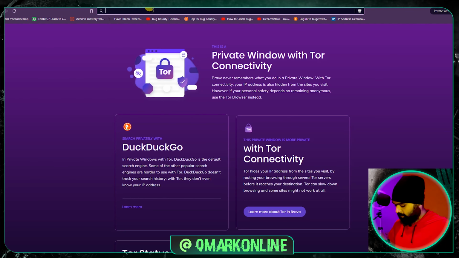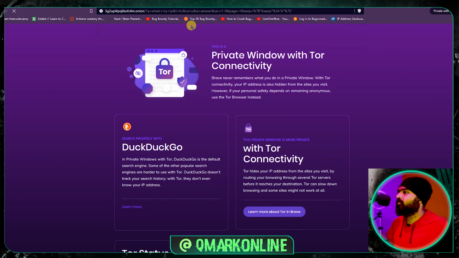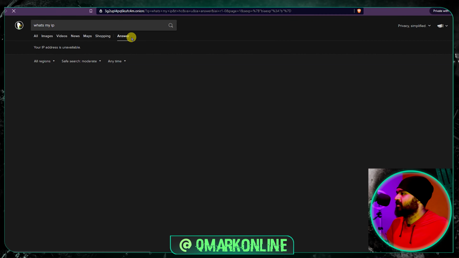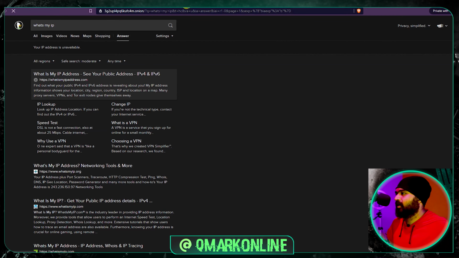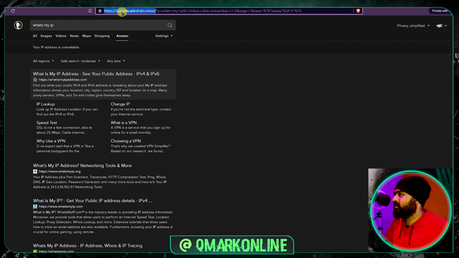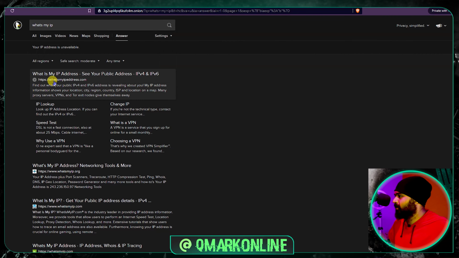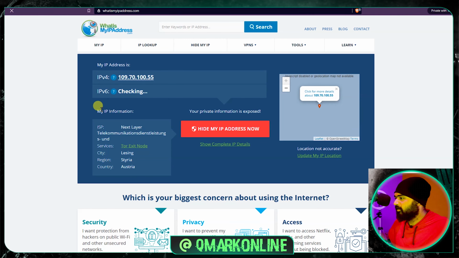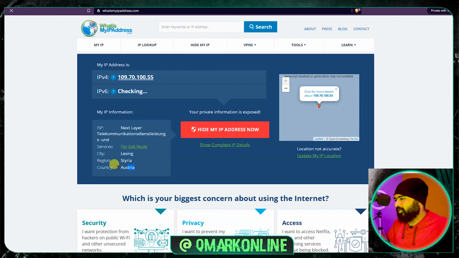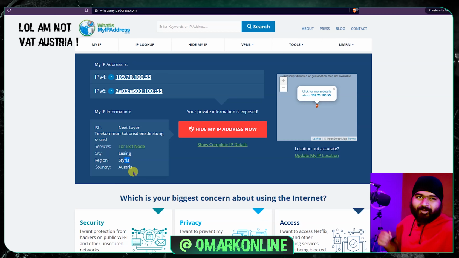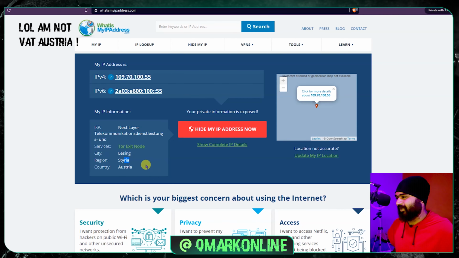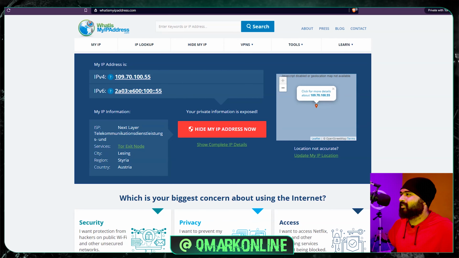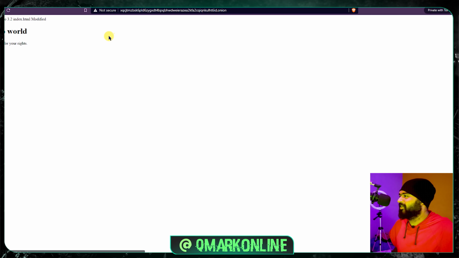And let me show you a few other dark web websites that you can browse from the Brave browser. You can see this is the DuckDuckGo search engine that is available inside the dark web. If you can see the URL, it's some 3g2up blah blah blah .onion. Right, let's see what is my IP. So let's see whether it is able to find my location or not. Yeah, so I'm right now in Austria. It's giving me the right location. Fine. So yeah, this is my GitHub and this is my dark web website.